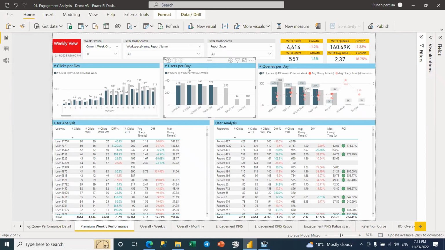How many distinct users do we have across the different days versus the previous week, or even the clicks? We have around 1,000, 1,500, or almost 2,000 active users in our platform, and they are running millions of queries monthly. The idea is always to measure not only the queries, but the average query time that we have, and keep a threshold where we can identify the health of our solution.